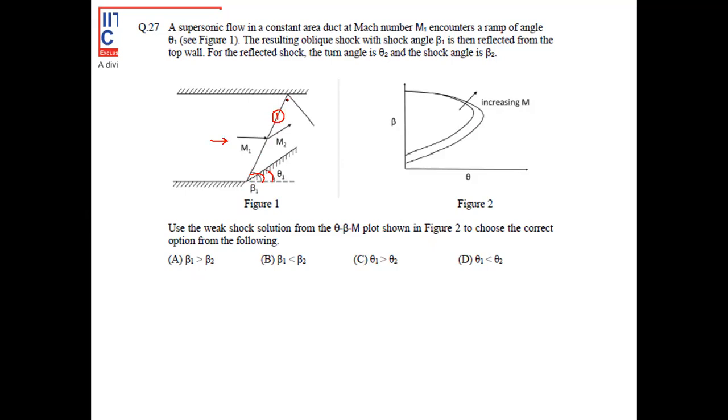Now this oblique shock is getting reflected from the top wall and forms a reflected oblique shock, which is the second oblique shock. Now for this first oblique shock, M2, which is the Mach number of the flow downstream of the first oblique shock, must be less than M1, right? So M2 must be less than M1, as we know that across the oblique shock, a flow decelerates and the Mach number reduces. Now again, when this flow encounters the second oblique shock,